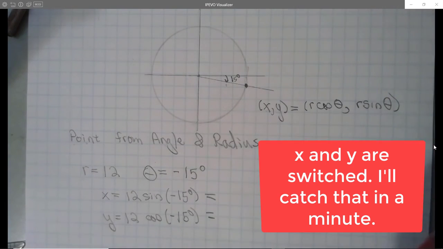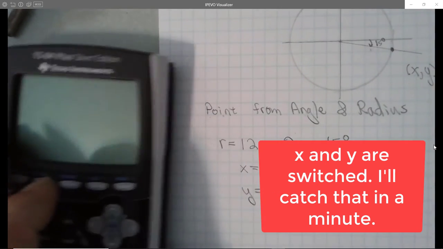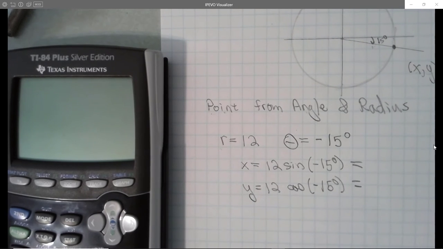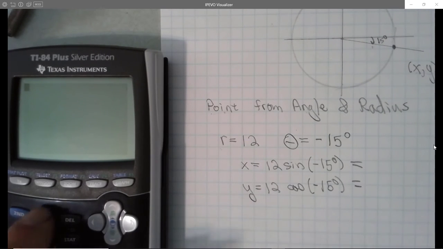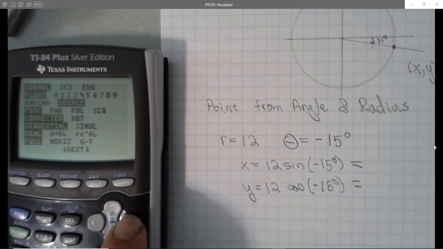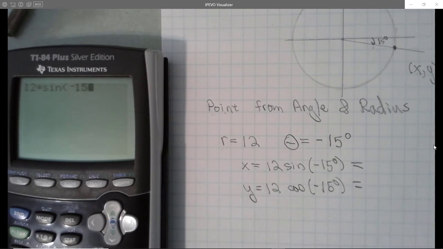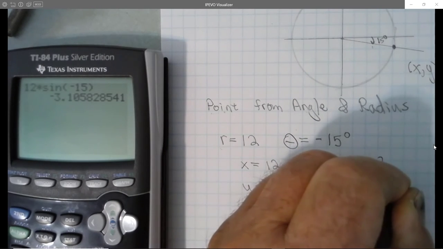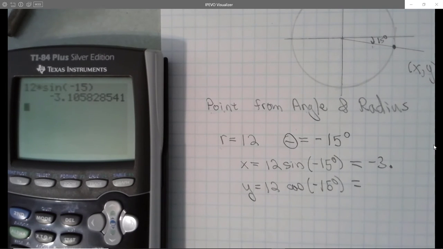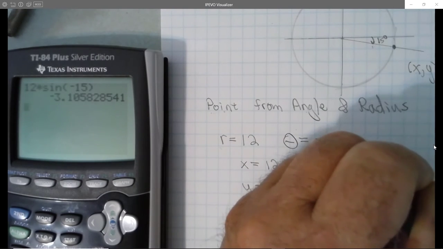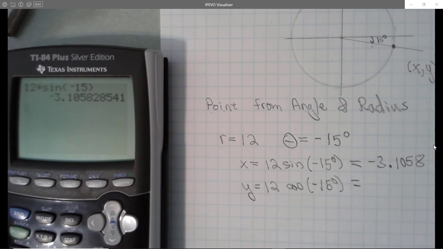And now we can get both of these pretty quickly on our calculator. Probably a good idea to check when you get started, are you in degree mode? We are. And now we want 12 times the sine of minus 15. That gives me minus 3.1058. And the y-coordinate